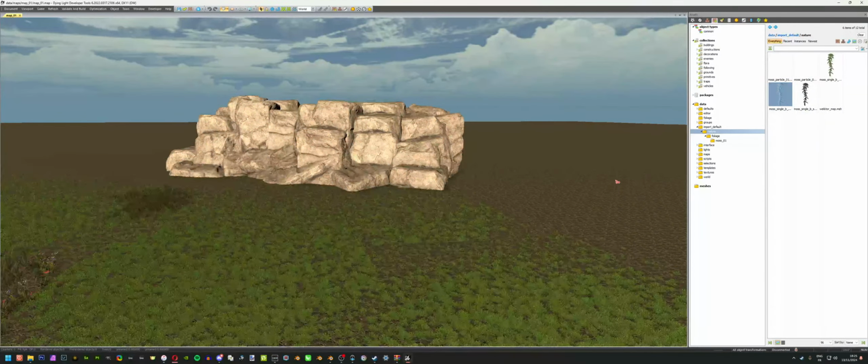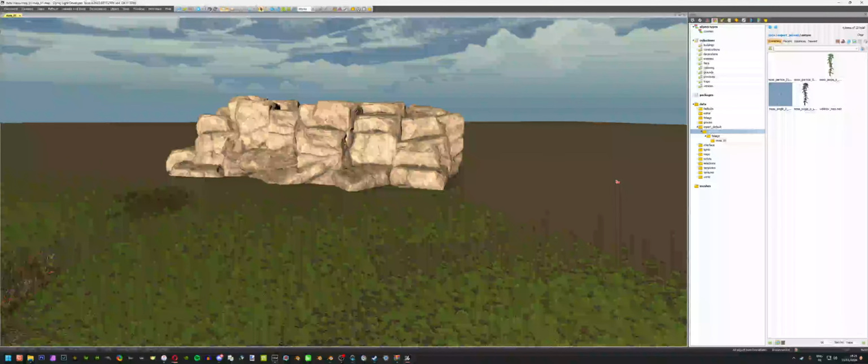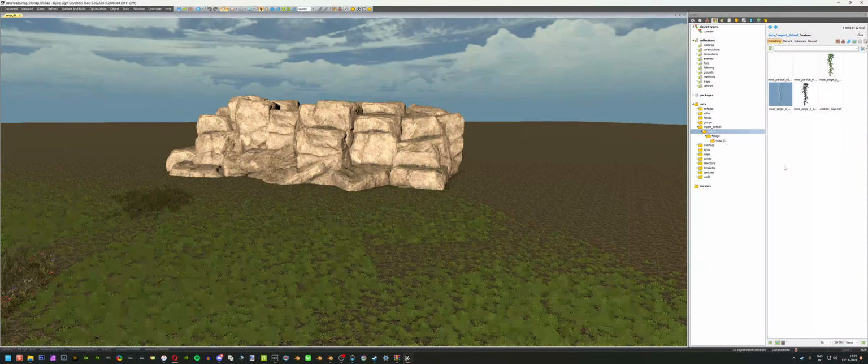You will have twice default material, and it will break everything. Everything is gonna be messy,